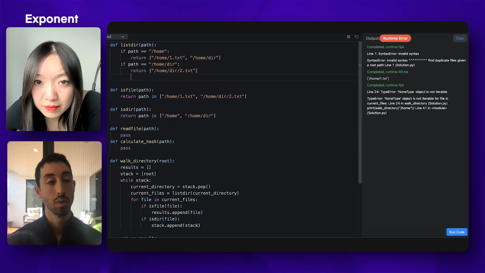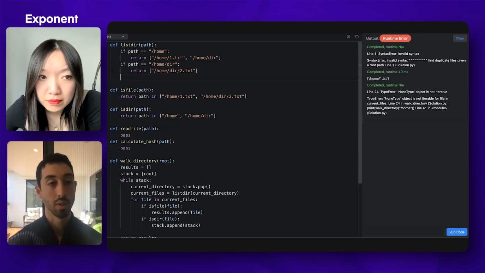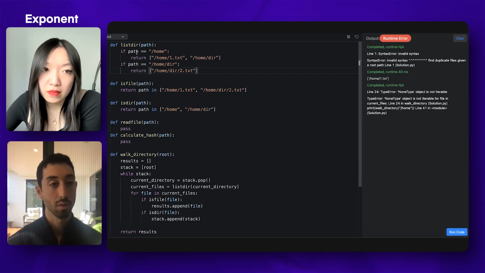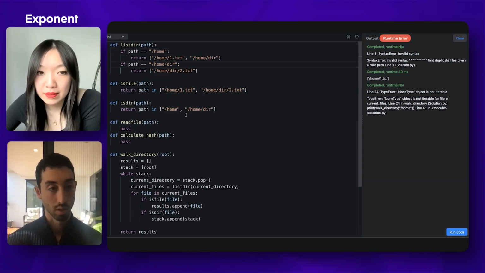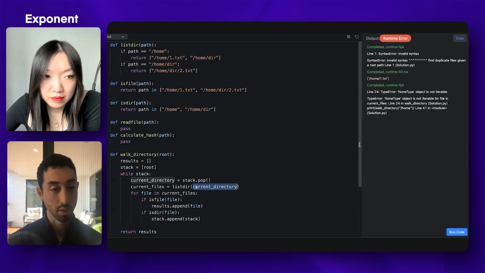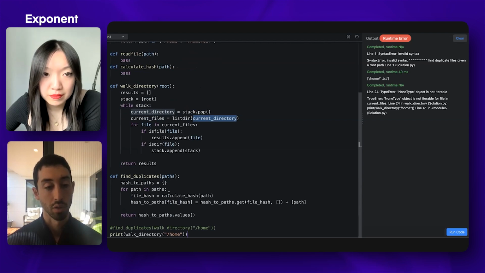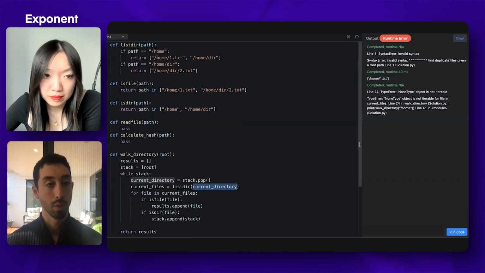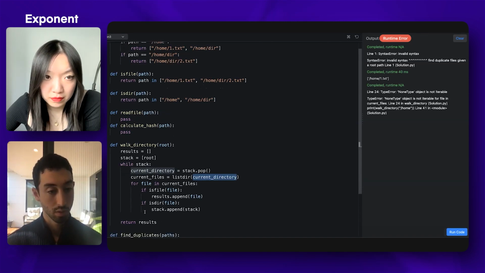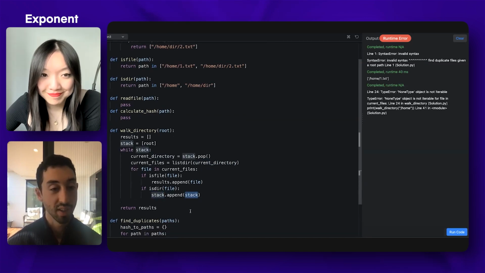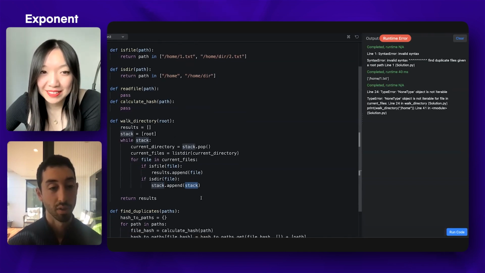It must be because I try to list dir on something that is not one of these. The question is why? Because I should have done it only on /home, started in /home, and then I've done it on, oops, what have I done here? I was supposed to do stack.append file. Right.